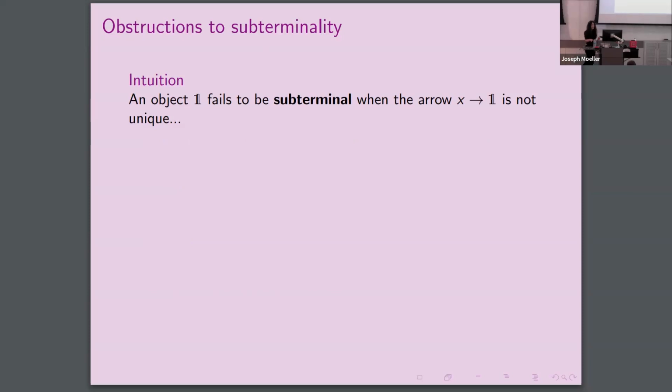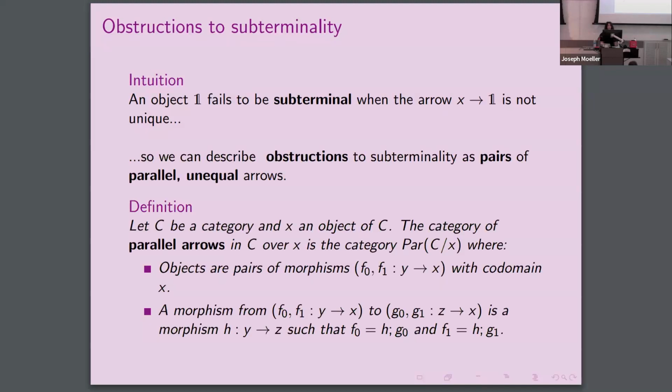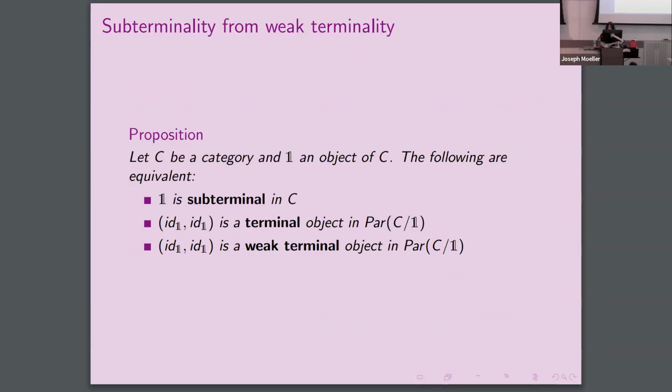So an object fails to be subterminal when the arrow to that object is not unique from any other object of the category. So we can describe abstractions to subterminality as pairs of parallel arrows with the same source and target but unequal. Intuitively, what we need here is the definition of the category of parallel arrows, which has as objects pairs of parallel morphisms that go to x, and these two commutative triangles as morphisms. But the cool thing here now is that subterminality can be recovered from weak terminality, because an object is subterminal in a category if and only if the couple of identities on that object is weak terminal